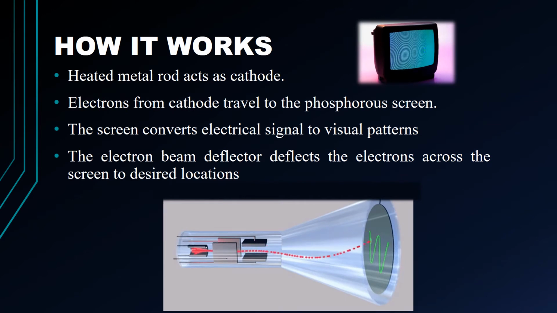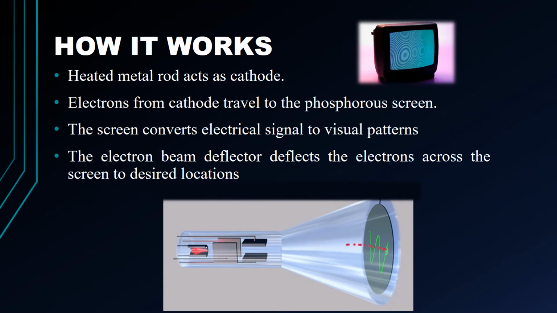A cathode ray tube is made up of an electron gun assembly, the phosphor viewing surface, and the glass envelope. The first important part of the cathode ray tube is the heated metal cathode, also known as the electron gun. The heat is applied to the cathode, which gets the electrons heated up. These electrons then start ejecting as a stream of negatively charged electrons, which later accelerates towards the phosphor screen.